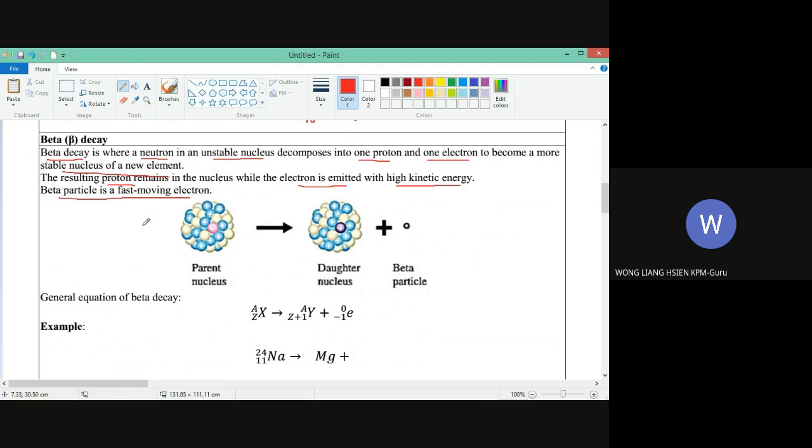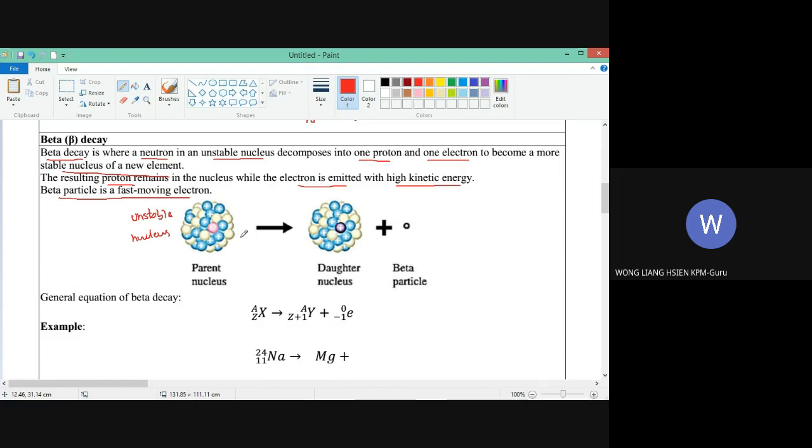So what happened here is the parent nucleus, this is the unstable nucleus, undergoes beta decay. So when it undergoes beta decay, what happens is one of the neutrons breaks down and changes into one proton and one electron. So now to understand why, we think the neutron is neutral because inside it has both positive charge and negative charge. So when the neutron breaks down,